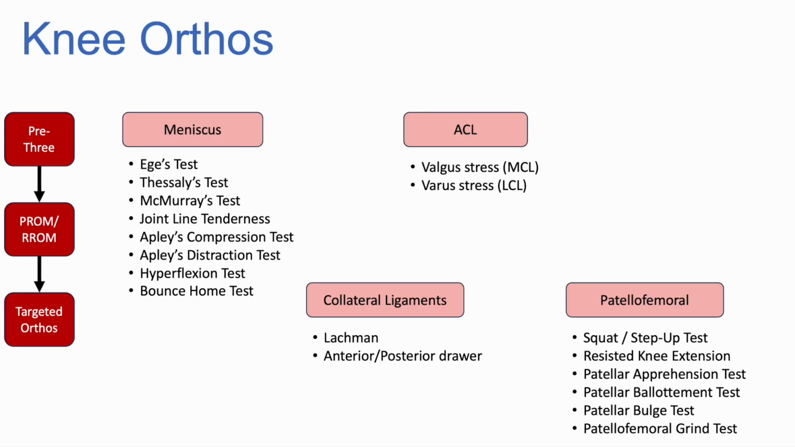Only after narrowing the differential do we run targeted orthopedic tests. For suspected meniscus pathology, we use tests like Thessaly, McMurray, and joint line tenderness. For ligament injuries, we might run Lachman's for ACL, and varus and valgus stress testing for the MCL and LCL. And again, the key idea is that we choose clusters and orthos based on our earlier findings, rather than just